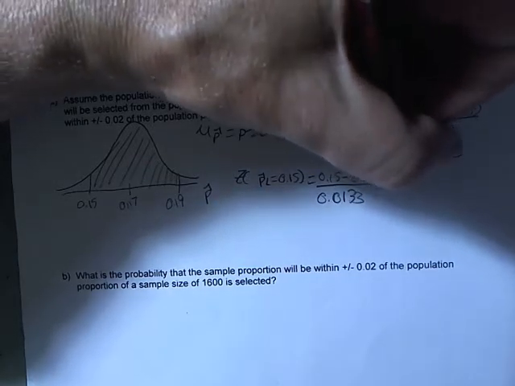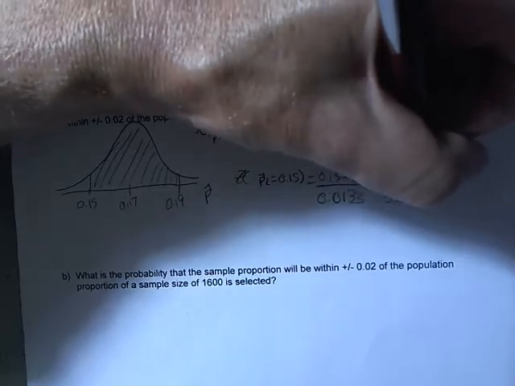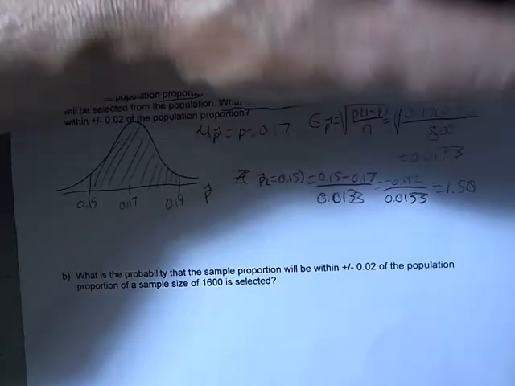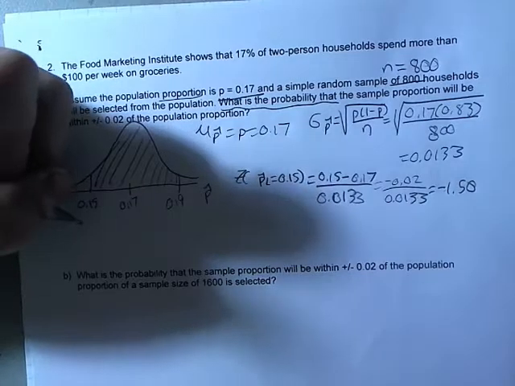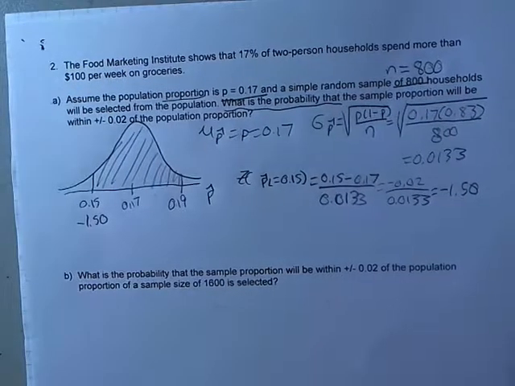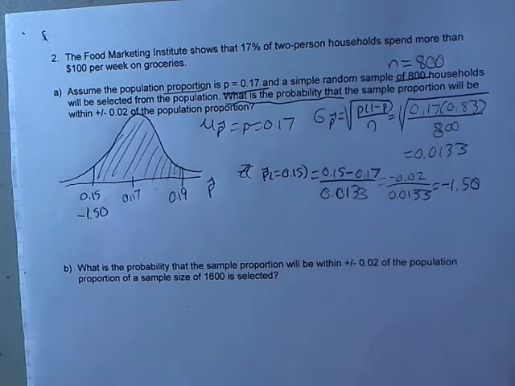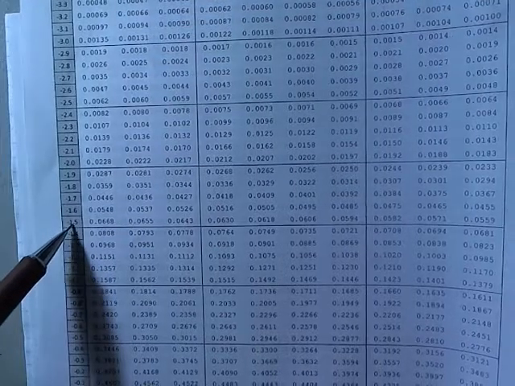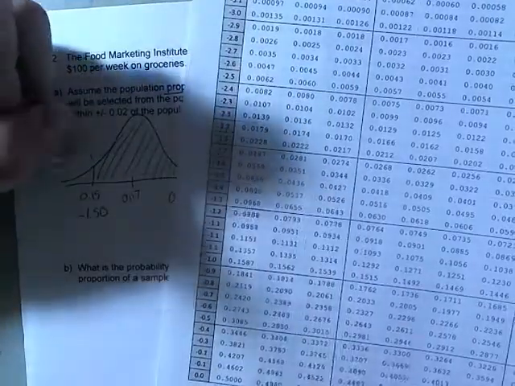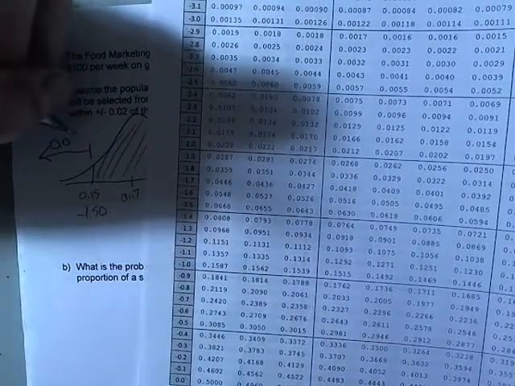And that is going to come out to negative 2% divided by 0.0133, which rounded to 2 decimals is equal to negative 1.50. So I'll refer to my z table once again and go to the negative side. Negative 1.50 has the area to its left of 0.0668,